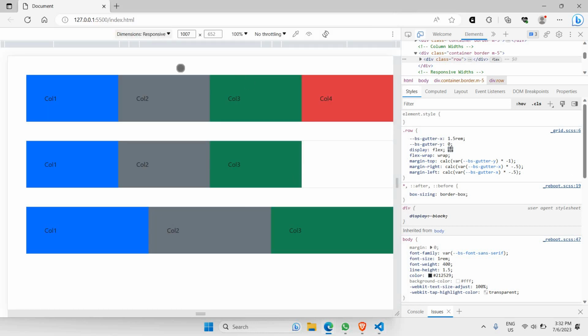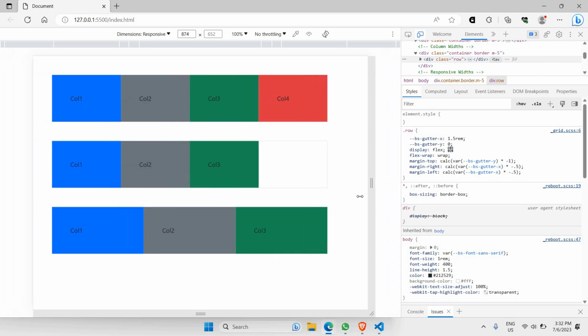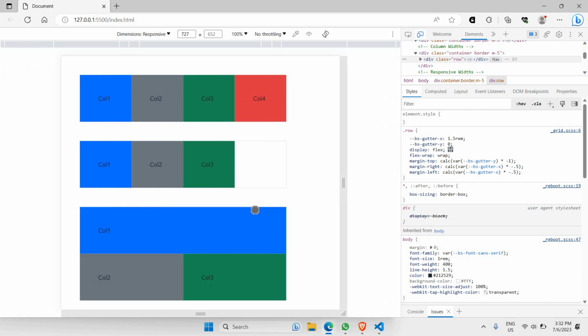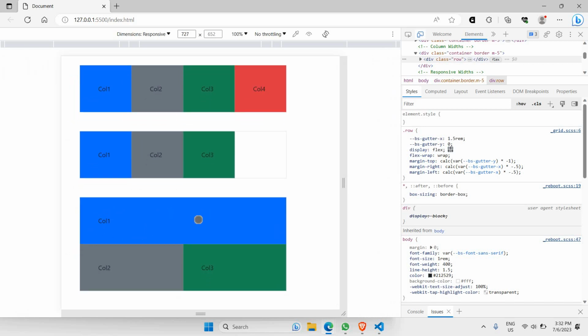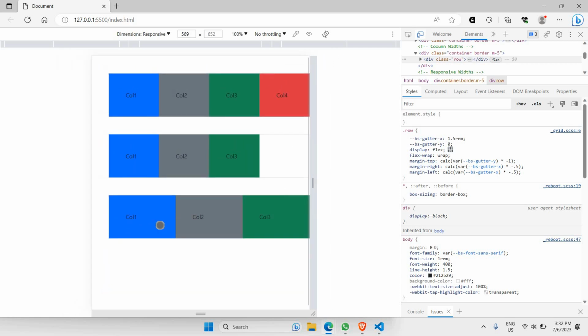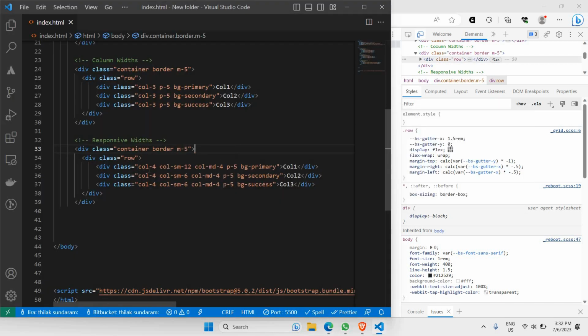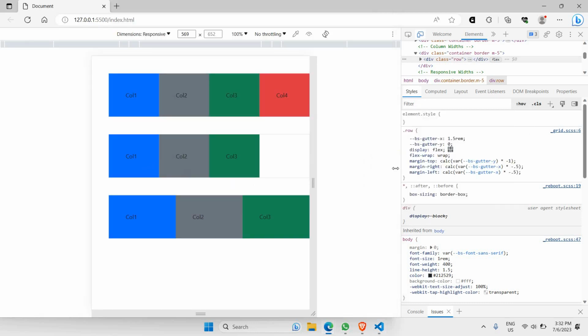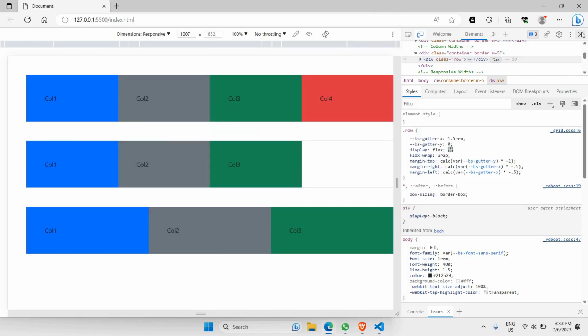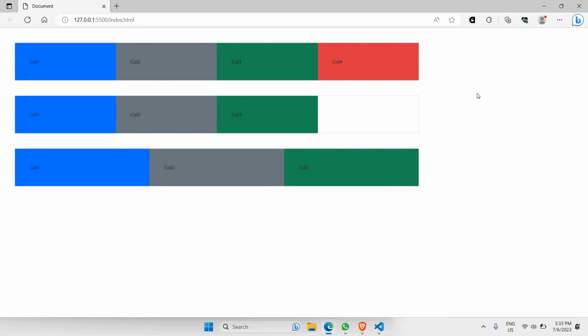As you can see, when I go to inspect right here and reduce the size, at the moment we are in medium size screen. When you reduce it a bit, now this is the small size screen, so you are able to find column 1 is occupying the entire row. And if we reduce it a bit more, you're able to find the 3 columns placed in the same row, which applies the first one right here, which is meant for extra small size screens. And that's how you're able to make use of responsiveness